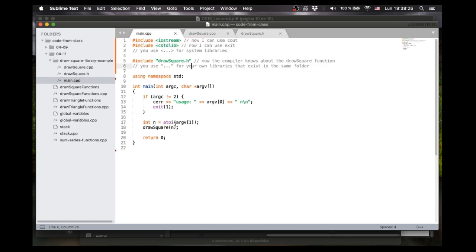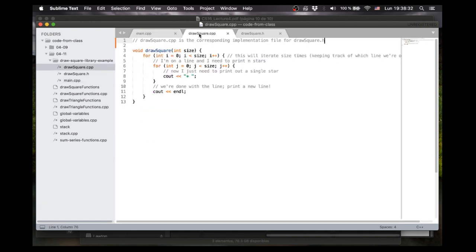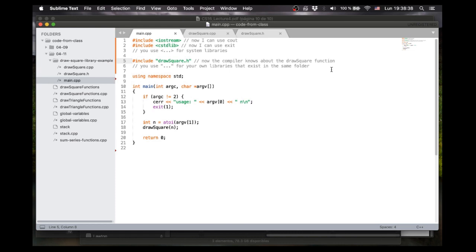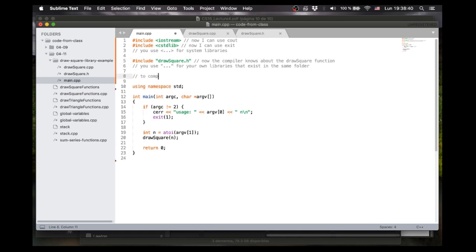Main.cpp uses that declaration, and we include drawSquare.h, include the library. And drawSquare.cpp contains the implementation. And so now, to compile this whole thing, to compile this big program, we give all of the implementation files, g++, main.cpp, as well as